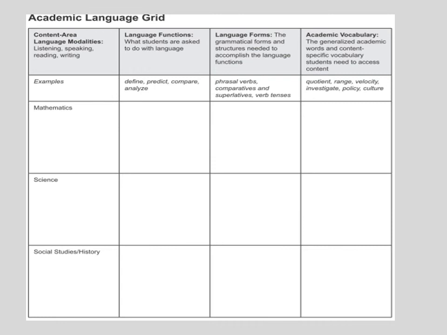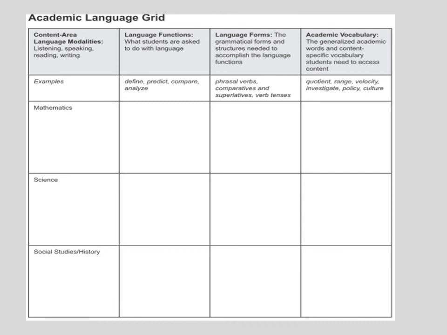And then, as if they were the building blocks, the academic vocabulary in the final column are either the generalized academic words or the content-specific vocabulary that students really need to access the content. Some of these general academic words will be seen across mathematics, science, and social studies, but oftentimes they can also be specific. For example, quotient most likely would only be in a mathematics class, and velocity and investigate might be